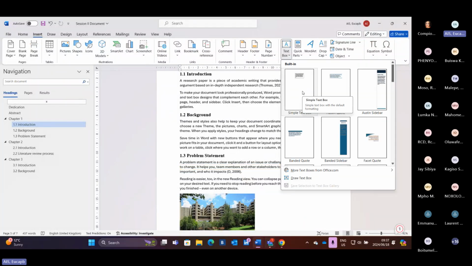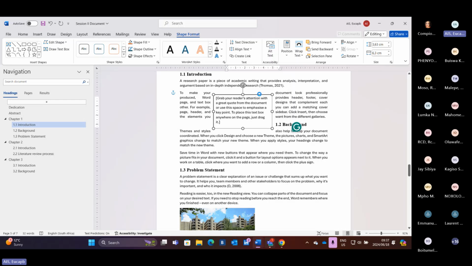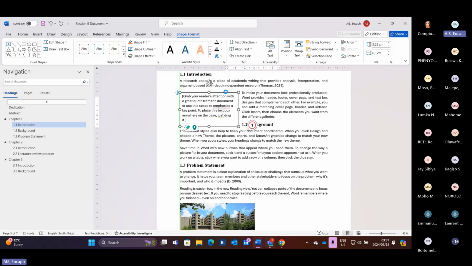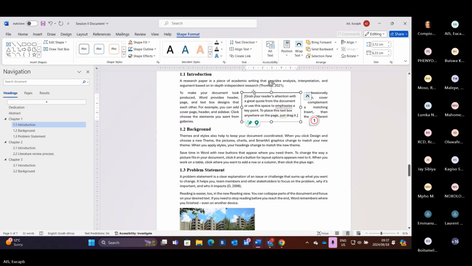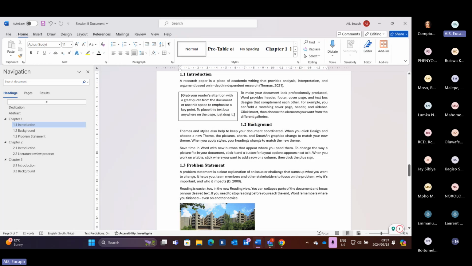And then I just need a simple text box. It's going to automatically put it there. And then I'm just going to double click on it, those are the left clicks, and then I'm going to drag it to the left and put it there. Okay, let's do it again. Okay, I'm just simply going to put it there. And then the text that I want to put in, I can just simply type it in and say